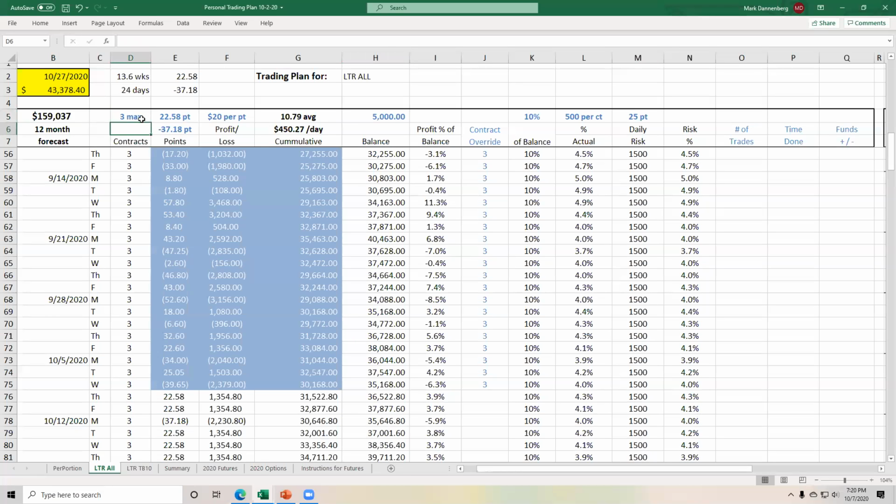It's absolutely important. It's vital that you have this trading plan and that you use it to help know the answer to the question, when is enough enough? If I know that my $159,000 forecast for a year is based on getting 22, 23 points of profit today,